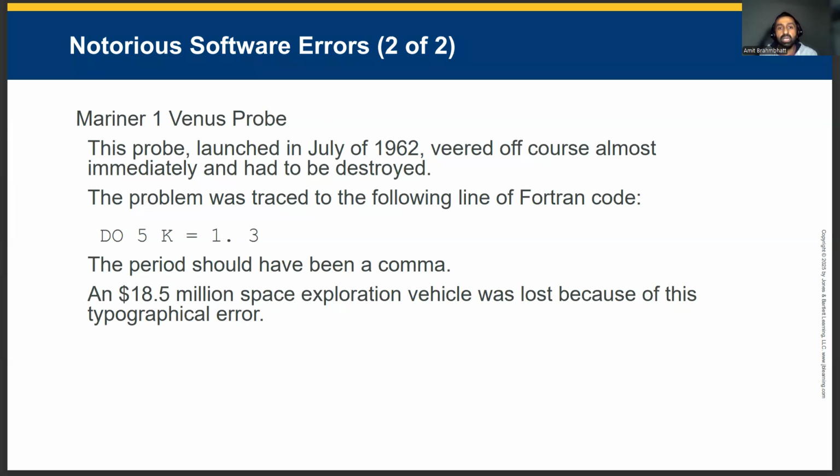This subtle error eliminated a smooth function that stabilized trajectory calculations. As a result, the rocket received erratic guidance signals, ultimately leading to mission failure. The loss amounted to $18.5 million, an enormous sum at that time. This incident underscores how small software mistakes can have massive consequences, especially in mission-critical environments. It's a powerful reminder of why rigorous review and testing are essential in aerospace and other high-stakes systems.